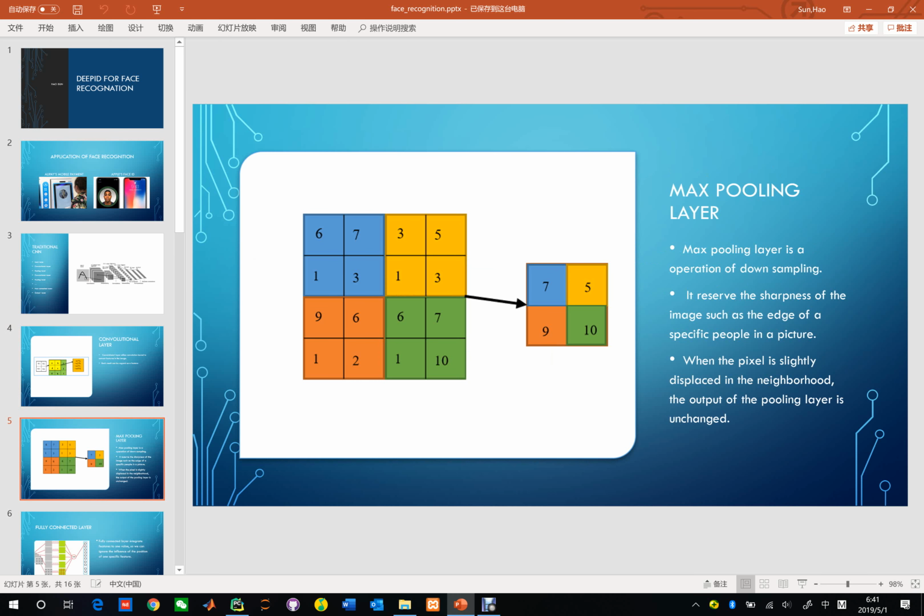Then we talk about the pooling layer. We usually use the max pooling layer. It's a downsampling operation, so we can reduce the parameters used in the neural network. It can save a lot of time and energy. Also, it preserves the sharpness of the image, such as the edge of a specific person. So when the pixel is slightly displaced in the neighborhood, the output of the pooling layer is unchanged, because we usually concentrate on the maximum value of the